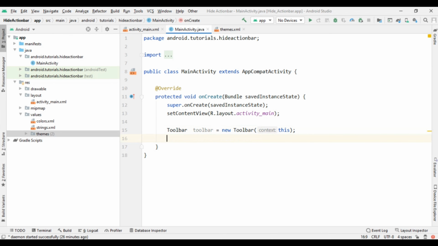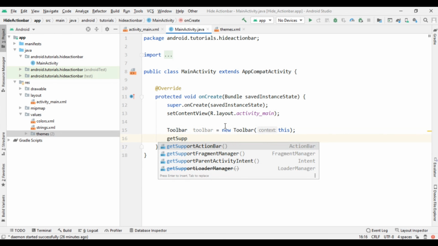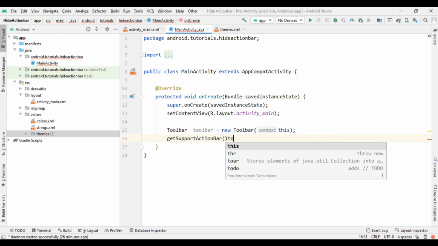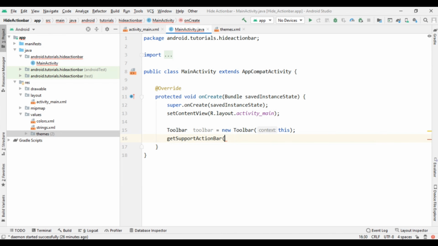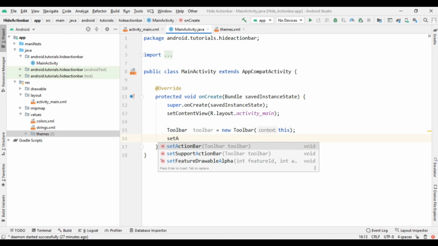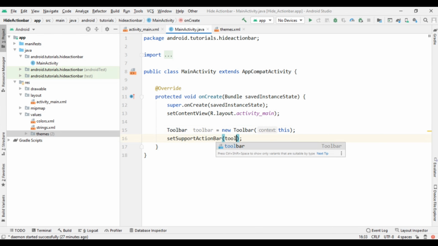So here we have created the toolbar. Replace this new toolbar with the ID that you assigned in your toolbar, and then write setSupportActionBar and pass this toolbar. This will work if you are writing NoActionBar and then creating the toolbar manually.